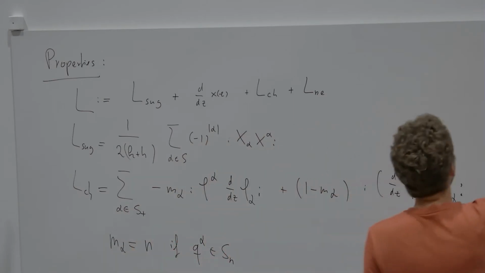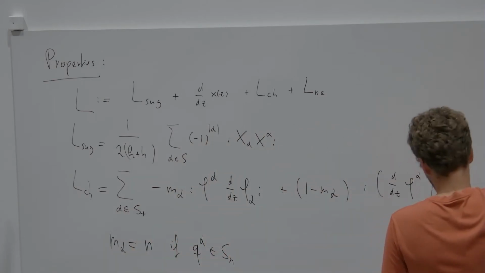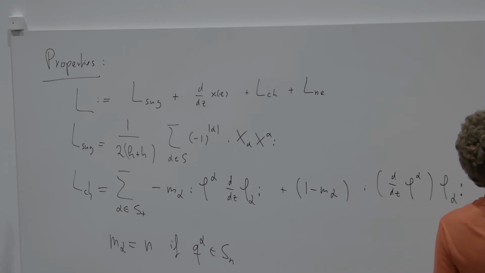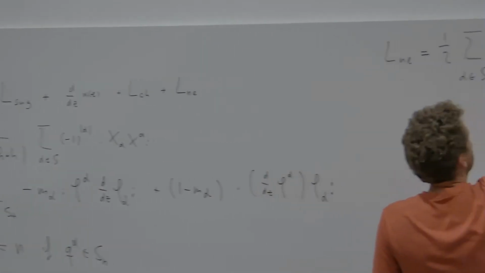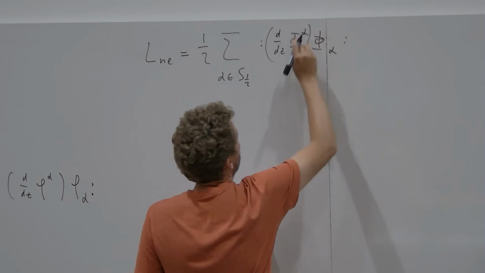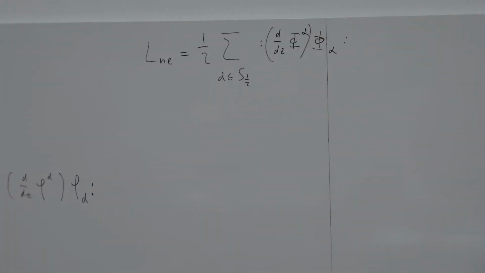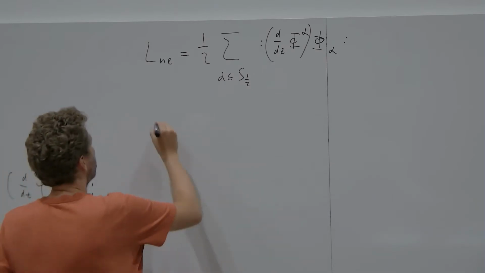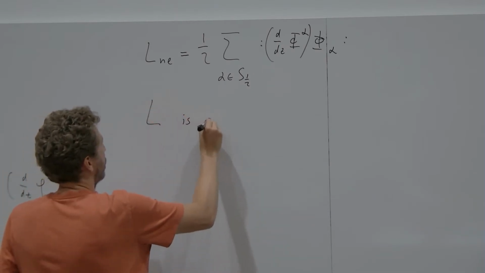And the neutral part is given by the following. I will only say in words what this upper index means. It means the same thing as here. I choose a dual basis, and then it's the fields corresponding to the dual basis. Okay, and now the statement is that L is a Virasoro field